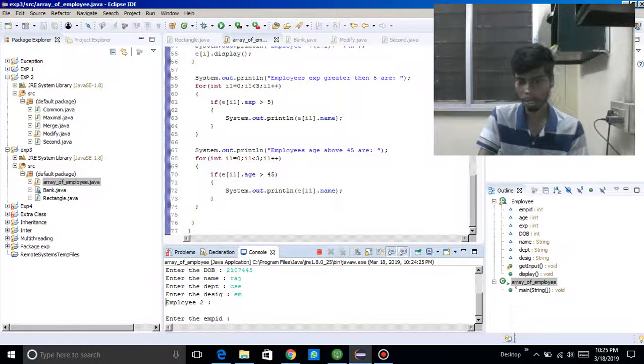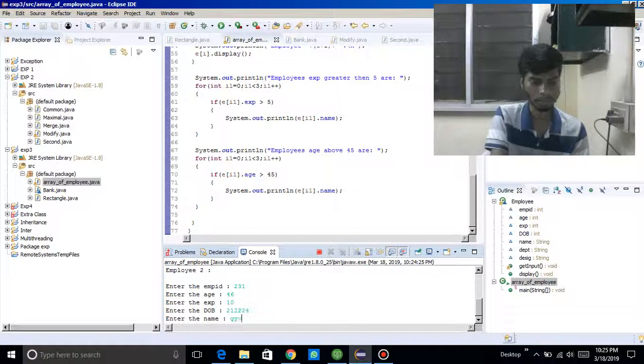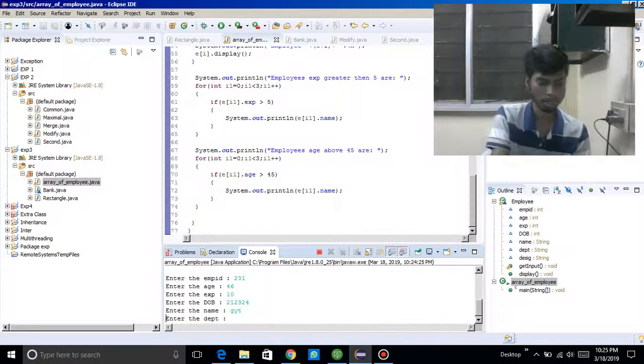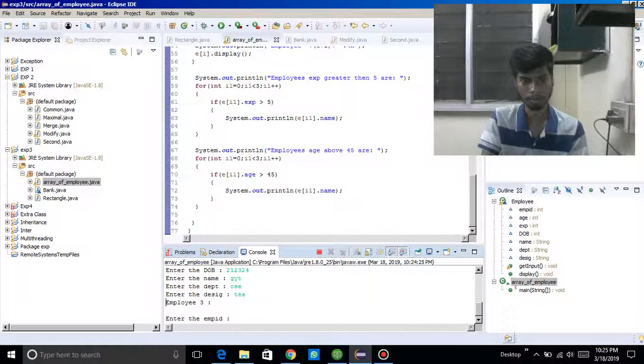The second employee, again I have to give employee ID 231, age 46, experience 10, date of birth 234, any random number I am giving, GYK as name, department CSC, designation teacher. The third employee is 789, age 49, experience is 4 years, date of birth 2530,